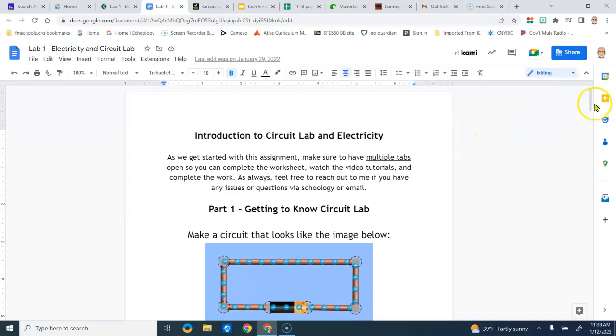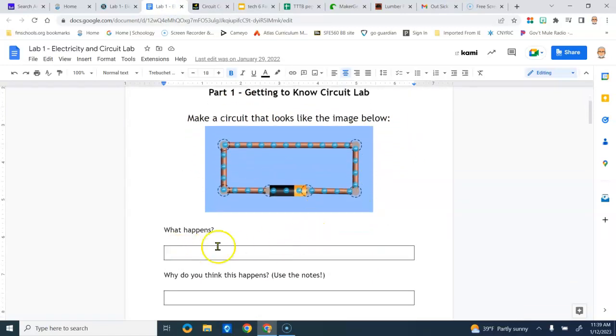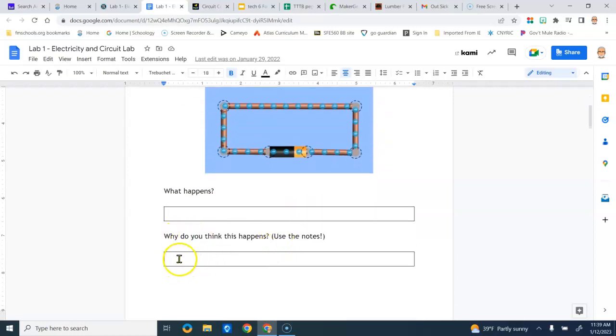So don't get confused. There are more than one page. As it says, when you get started, make sure you have multiple tabs open. So that means you've got a tab open for this, you've got a tab open for the lab. It says, make a circuit that looks like the image below, and then describe what happens, and then tell why you think that